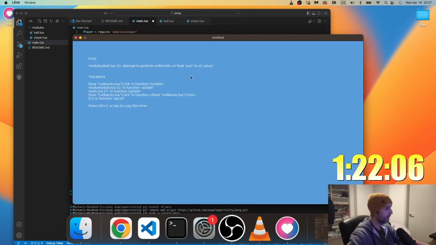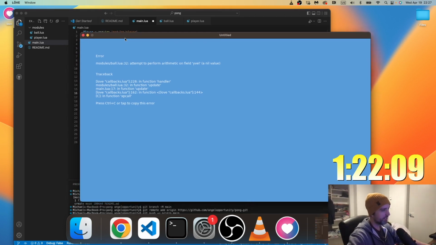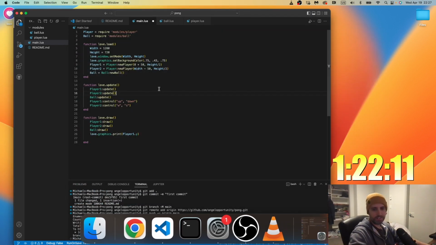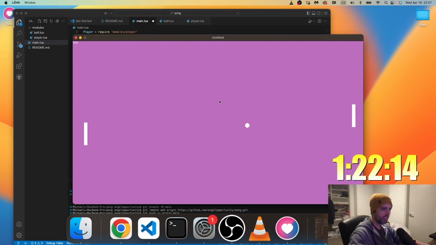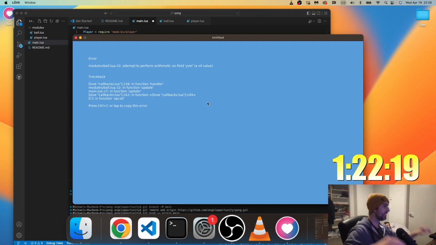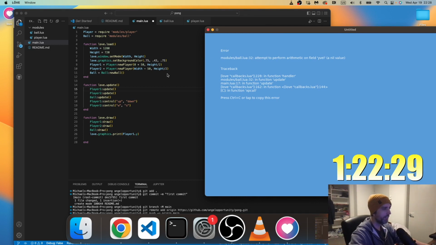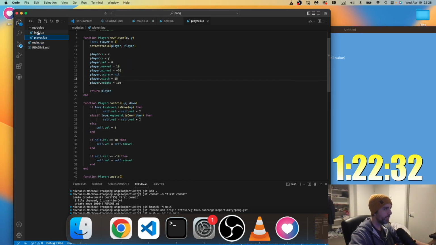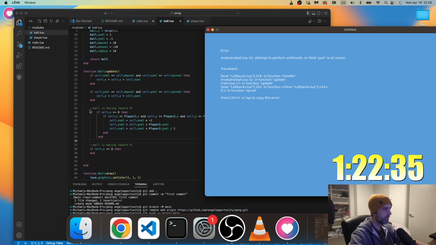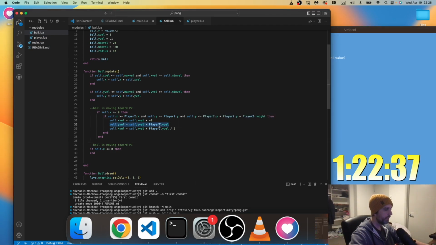It crashed when the ball hit the paddle, which is good, surprisingly, because it indicates that the collision detection is correct. We'll see. As soon as it touches the paddle, it crashes. That means I've got the detection right, but something is going wrong in the collision. I think what was happening earlier was the collision detection was wrong, so it was colliding without touching the paddle, and then I got the error. Now the problem is this y velocity is giving it a crash, and I don't know which. Honestly, I think it's player 2.y vel.